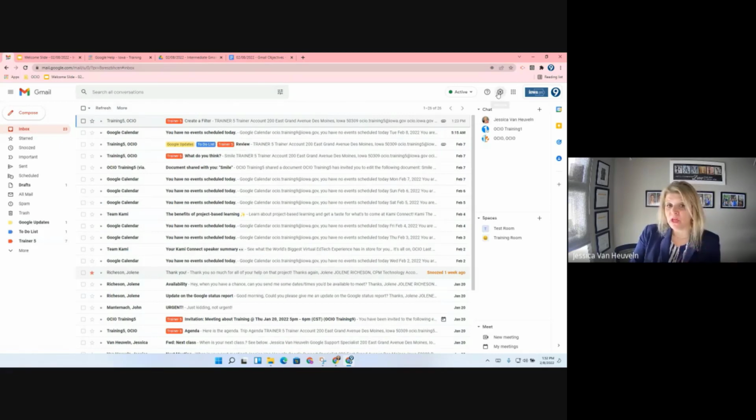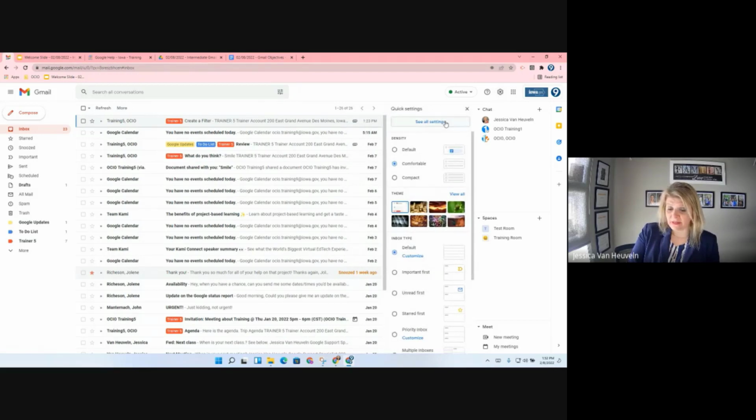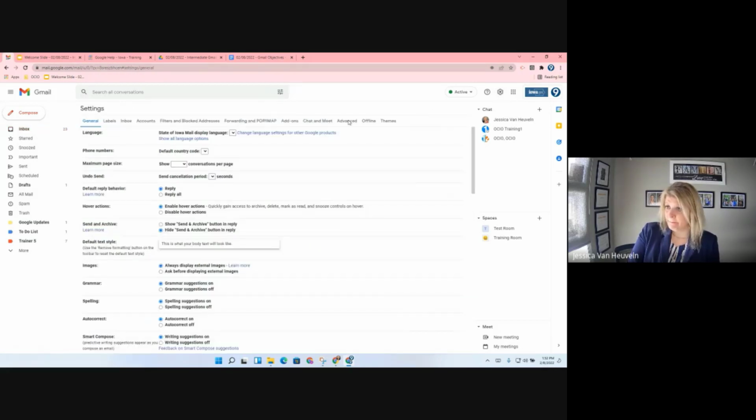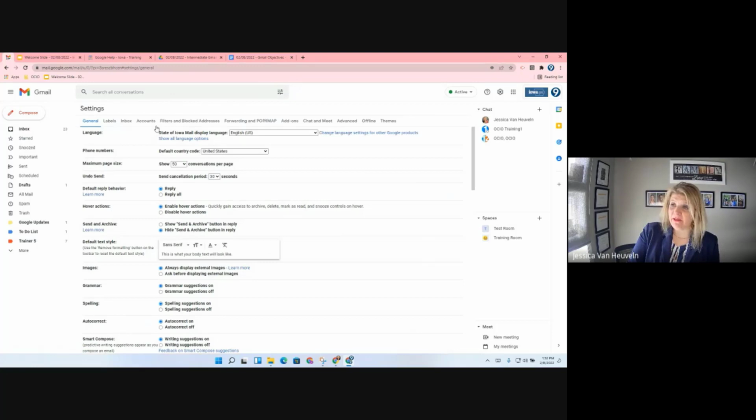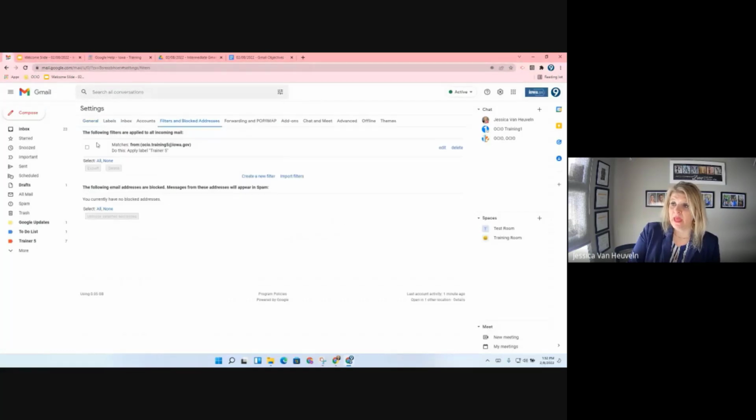So I want to know where my filters are stored to fix this filter, or maybe even add a new filter in a different way. As always, more than one way. So I'm going to go to the gear, and I'm going to go to see all settings. And you'll notice you have filters and blocked addresses. And you will see that filter I just created from Trainer 5,